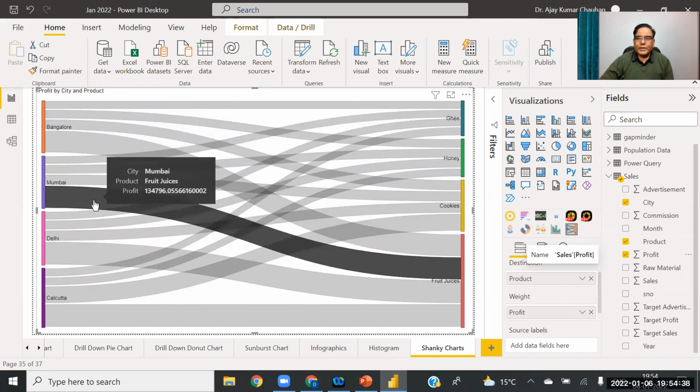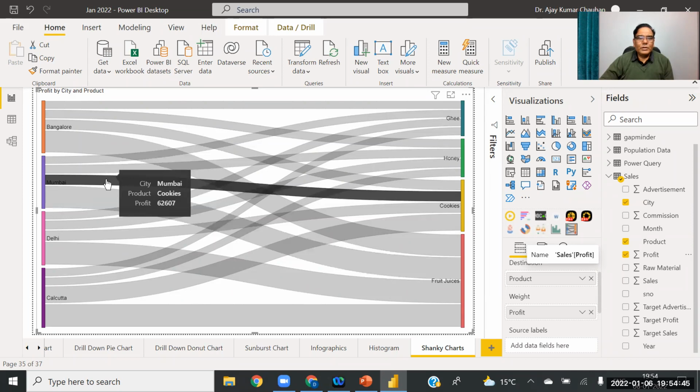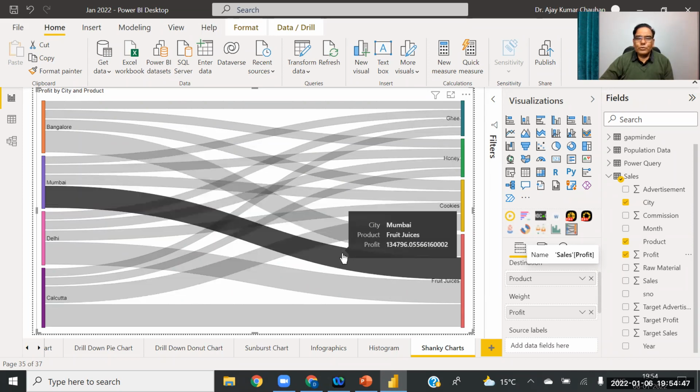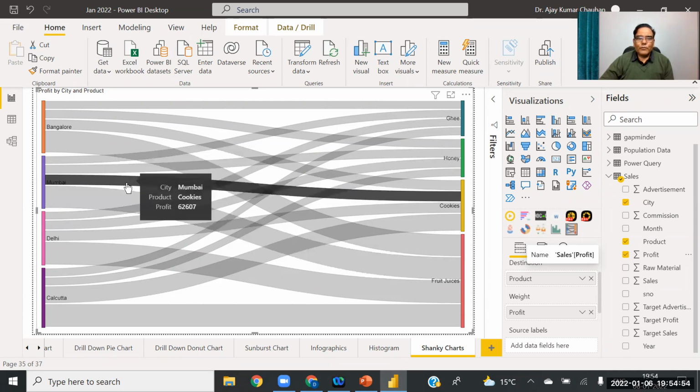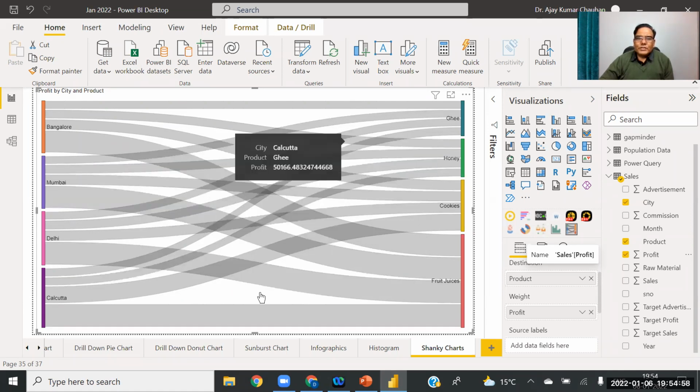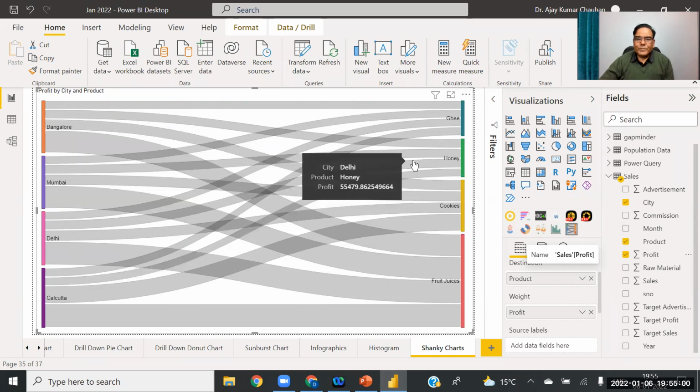So you can see in Mumbai, the width of this chart is higher as compared to cookies. So fruit juices in Mumbai are more than the profit of cookies in Mumbai. So this is known as Sankey chart.